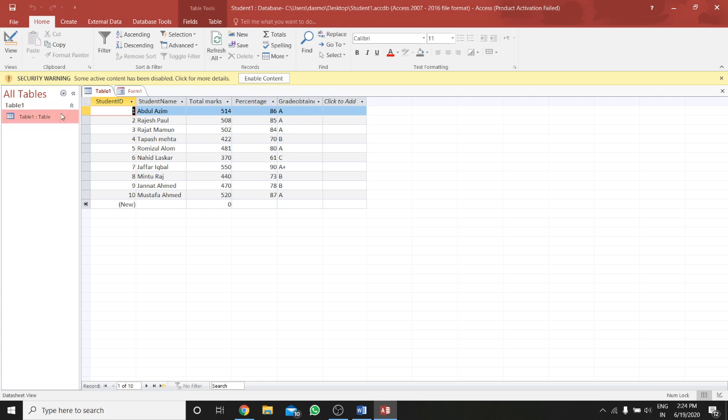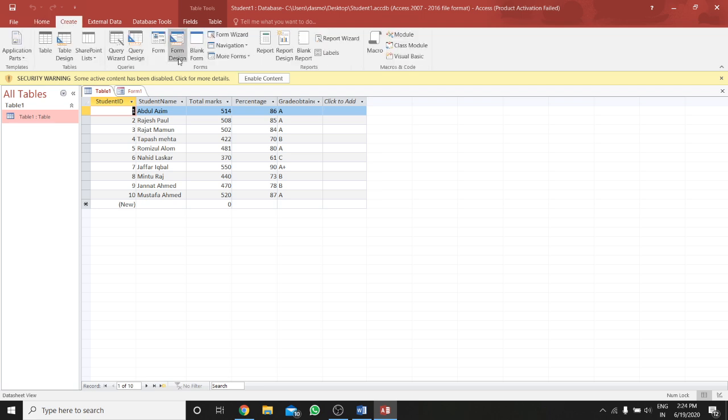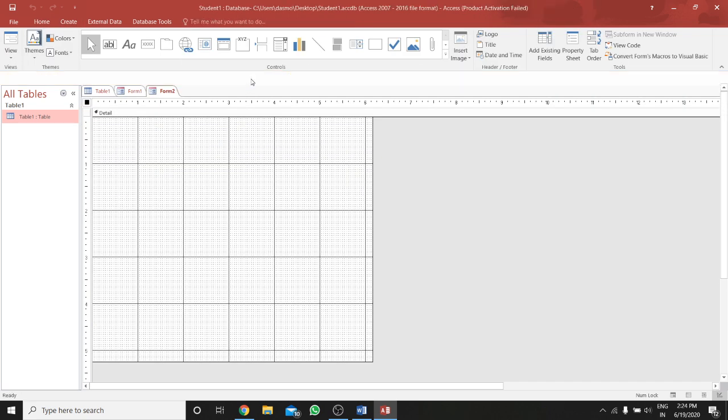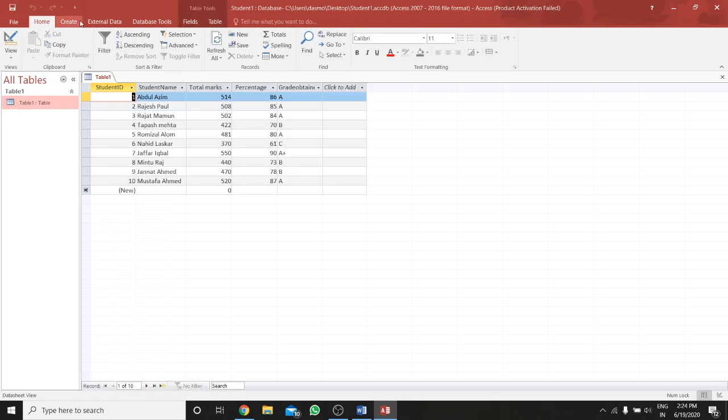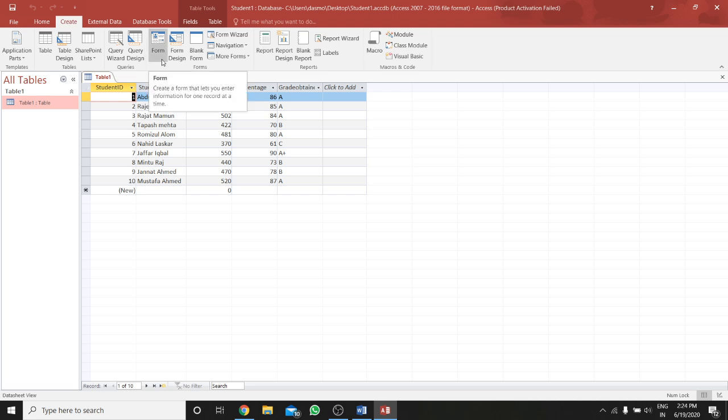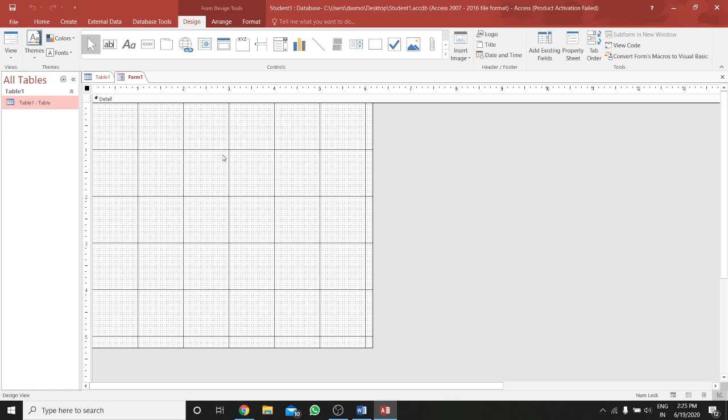When you click on this table, go to Create, then Form Design. When you have the form design, basically three parts come: one is Design, another is Arrange, and the other is Format.